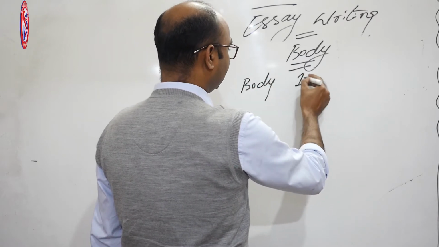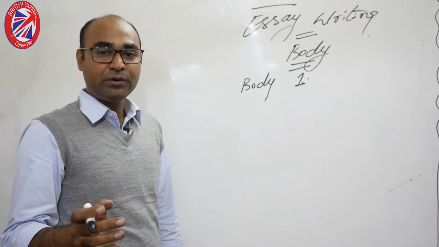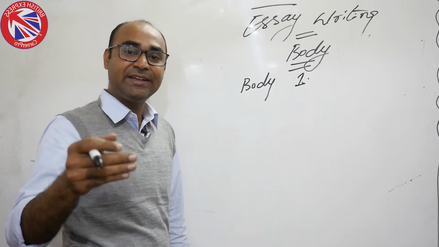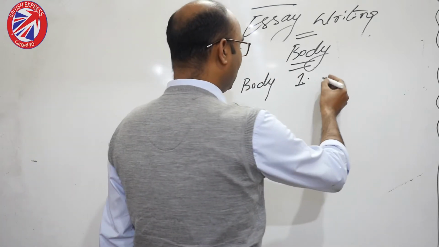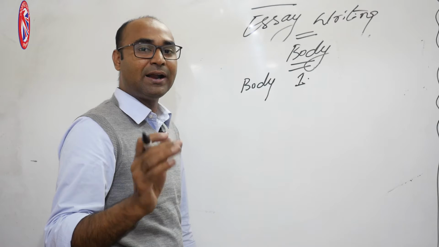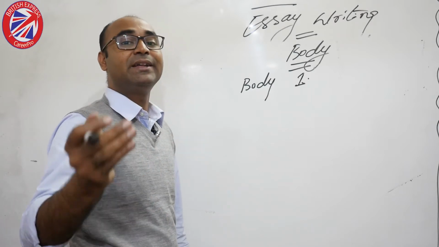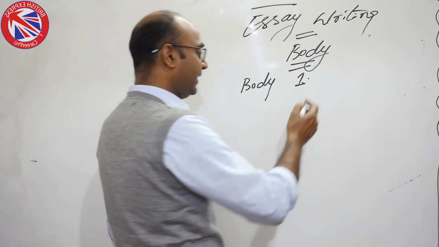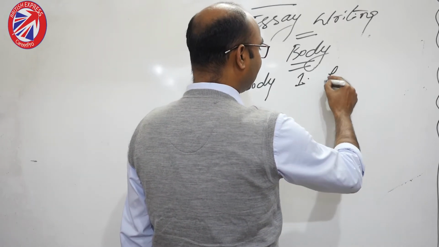So, body 1. In body 1, what should we do? Now we should start giving examples one by one. Suppose I have said that yes, people are not responsible 100%, they are partially responsible. In that case, now I have to start with